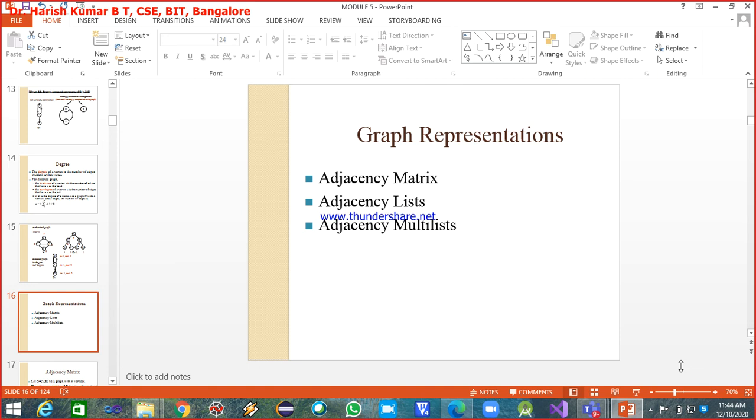And not just a single list, you can also represent the graphs by using multilists. So these are the three ways through which you can represent a graph within a computer system. Now we are going to understand each one of them in detail, starting with how to represent a graph using the adjacency matrix. That is what we will see now.